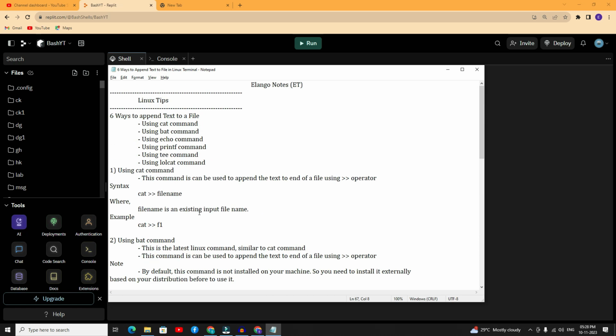So in this tutorial you learned six different ways to append text to the end of a file in the Linux terminal. I hope these tips are